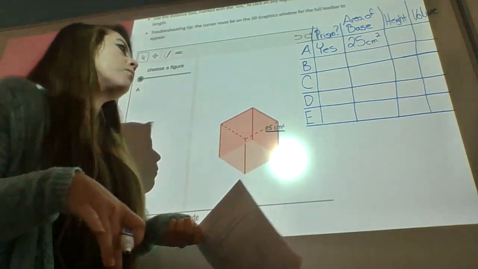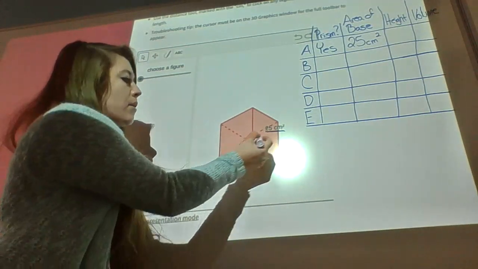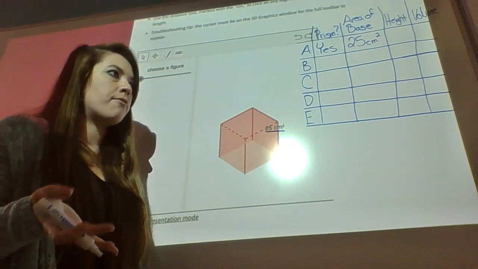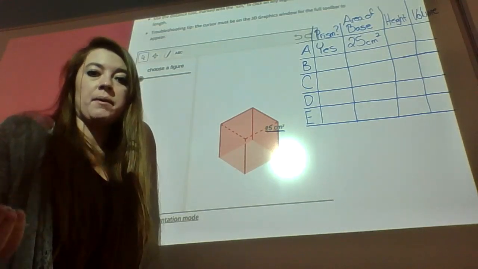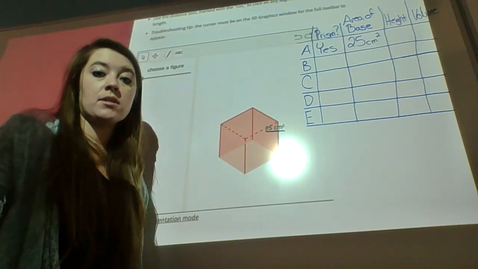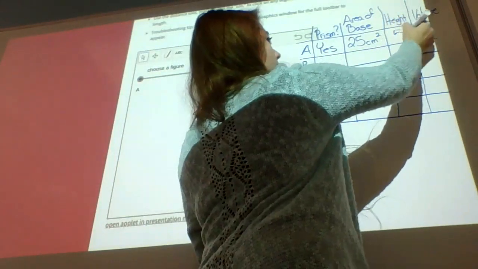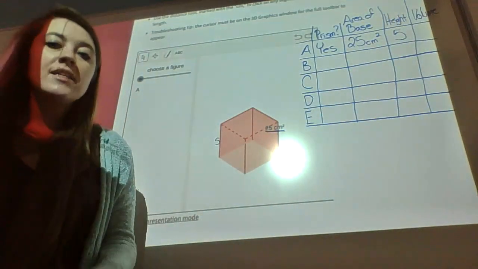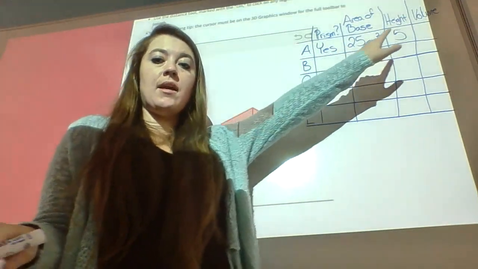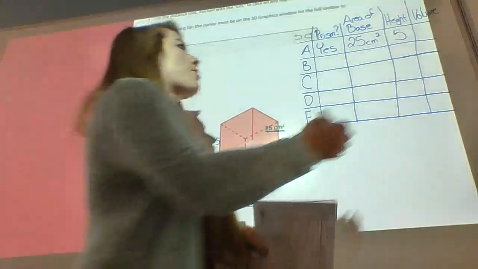So then the height. Well, the height isn't actually written on here, but if we think about it, in order to get one of the square faces to have an area of 25, we're taking the sides and multiplying together. So base times height, so what times what gives us 25? Well, 5. So our height is 5. Now, to find the volume, we're going to multiply the area of our base and our height together. So we're going to take 25 times 5, which is going to give us